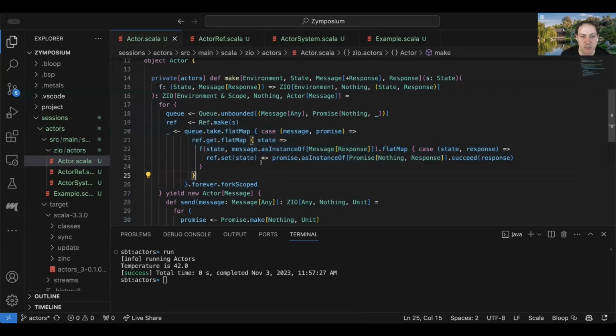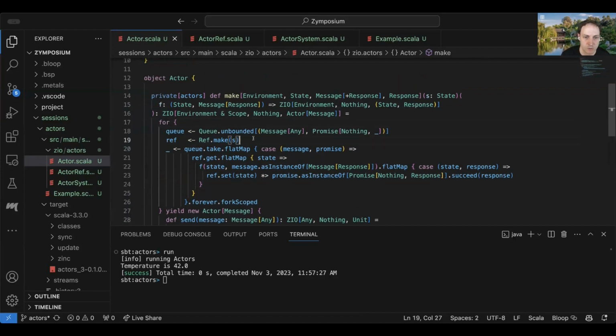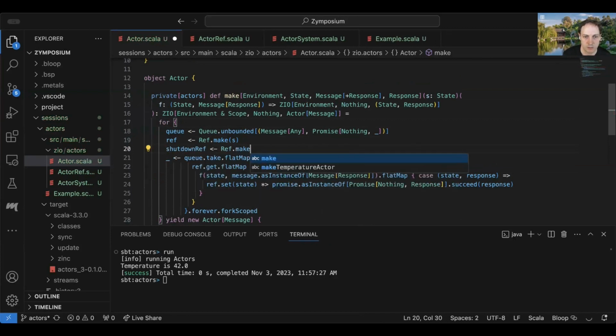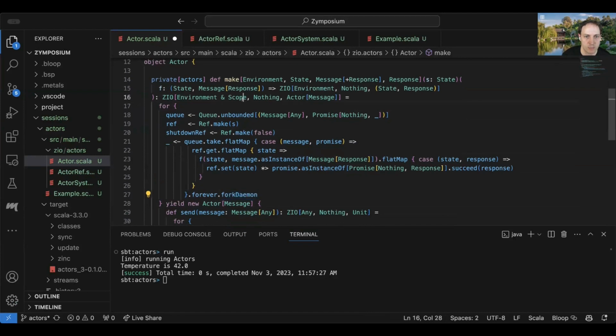Yeah, I mean, we can actually do that right now if we want to. A really easy one would be, let's say, shutdown ref and Ref.make false. Let's just fork this as a daemon fiber now.